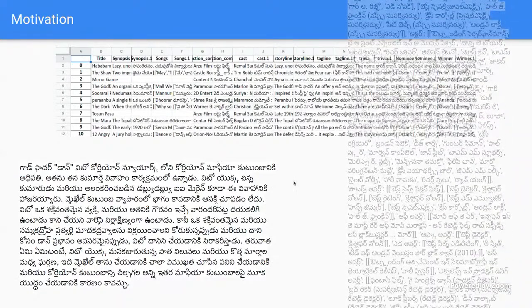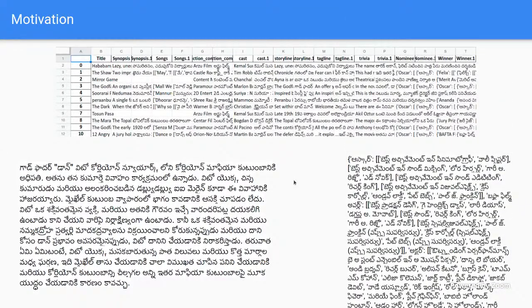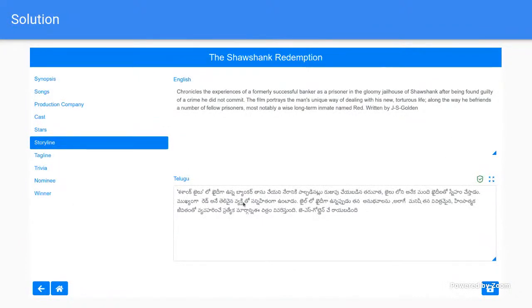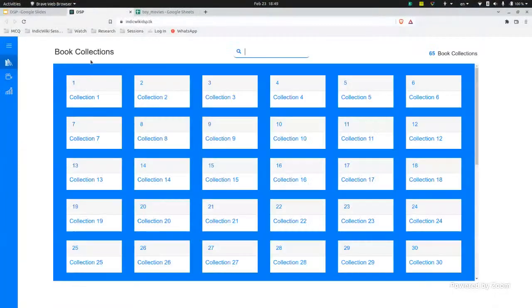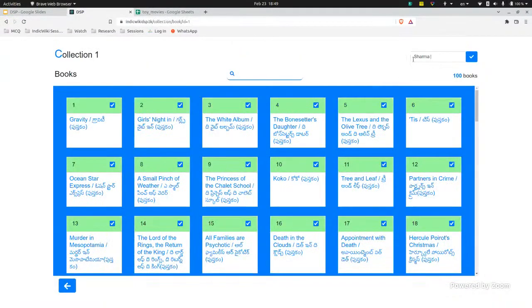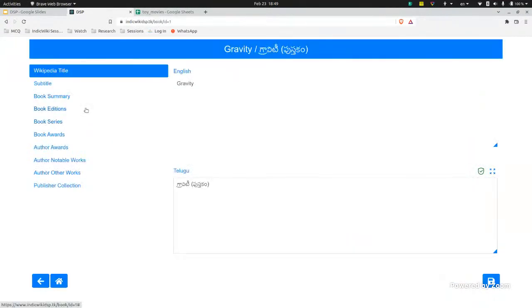And in order to improve the productivity of the editors, we have developed a web app platform, where it's much more streamlined and they can see all the attributes to the left and they can see the respective English and the Telugu values on the right, and they can easily edit it over here. Quickly going through, I'll show you these features in the demo itself. Here a collection just refers to a group of rows. So in books case, it's 100 books and so on. And this allows us to keep track of who's responsible for that collection. And that's why we made collections. And going into a particular book, we can see